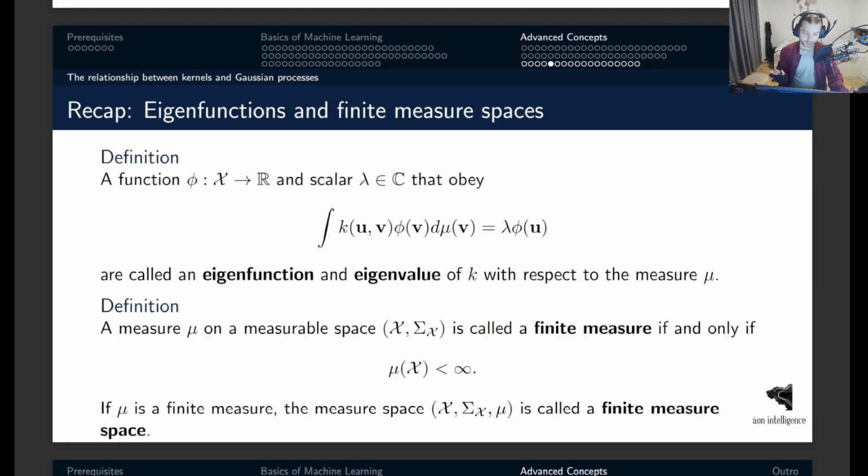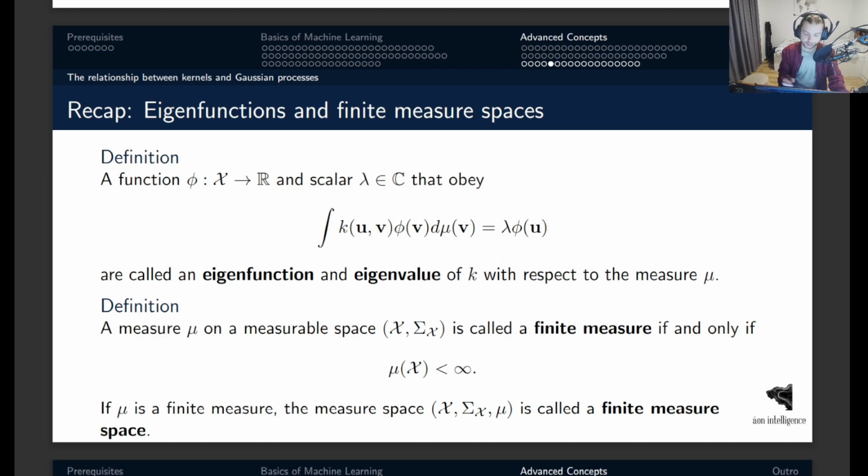We're almost done with the recap of fundamental notions of linear algebra and measure theory. And there are just some more definitions that we need. So the first one is the definition of eigenfunctions. We call a function phi that maps from some input space x to the reals an eigenfunction, and a complex valued scalar, lambda, an eigenvalue of the bivariate function k with respect to some measure mu, if the following equality holds. We have that the integral over vectors v in the input space of this expression, the bivariate function k evaluated at positions u and v, times that function phi evaluated at v, is equal to lambda times phi of